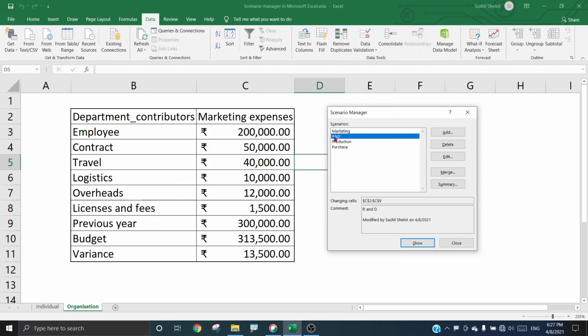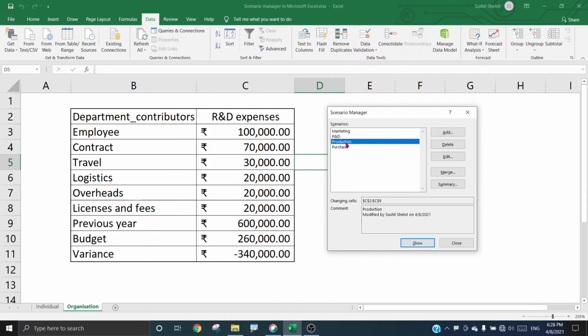And R&D department has given their inputs, and in the scenario manager, when we say show, we see the values here. But here if you observe, the variance is seen to be negative. That means the organization, maybe because of the pandemic or because of the organization strategy, has decided this year they won't be making any big expenses, or rather they will be cutting down the expenses in the current year budget to 2,60,000 rupees instead of 6 lakh which was done last year. And as a result the variance is negative and it is drastically down. So this year this organization is not going to spend much on R&D.